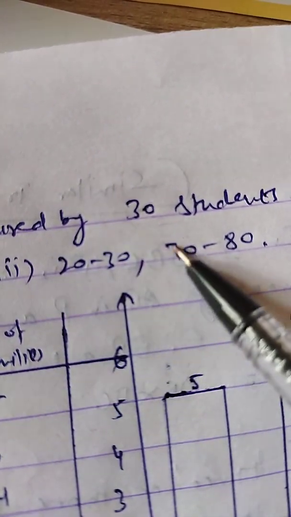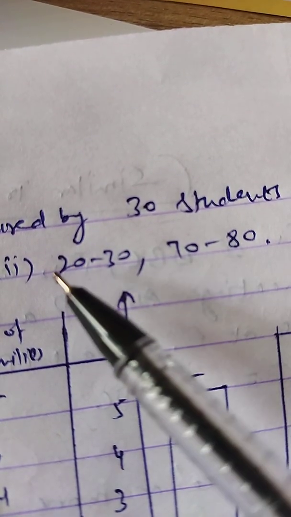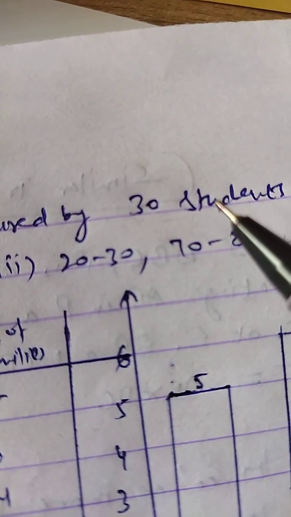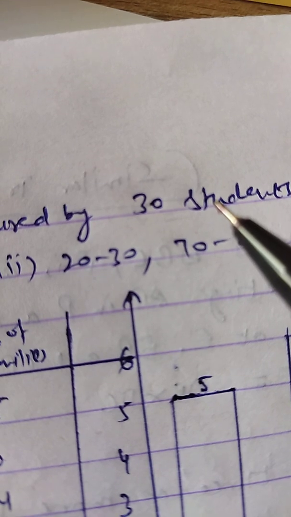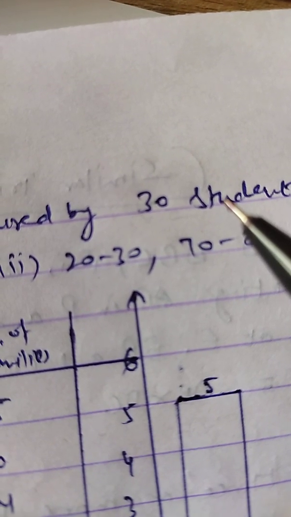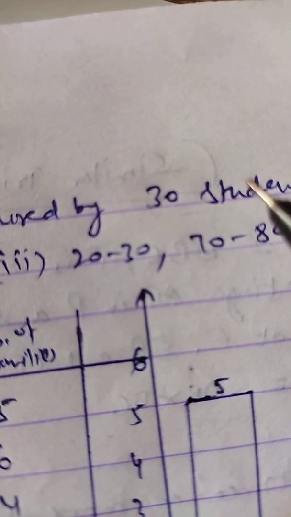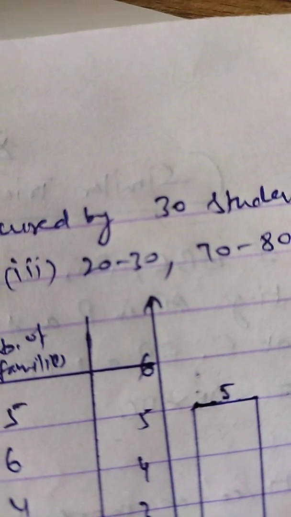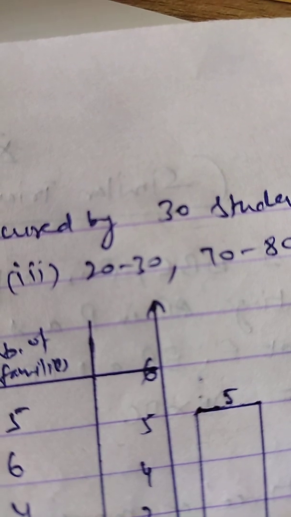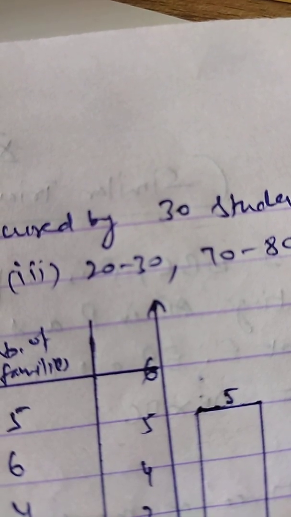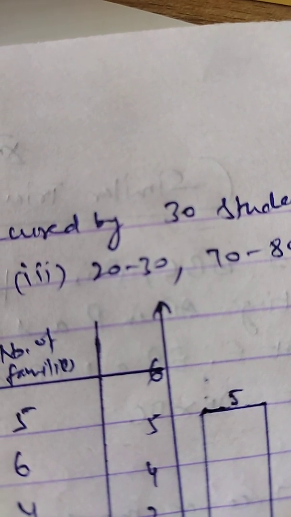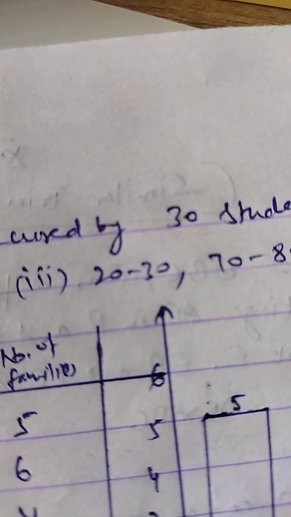So these are the two class intervals, 20 to 30 and 70 to 80, the frequencies of which are the same, that is 25 in each case. So these are the 3 parts of question number 3 that I explained to you, and you can just read the figure and answer these. That is very easy to answer. I don't think any difficulty should be there for any one of you.